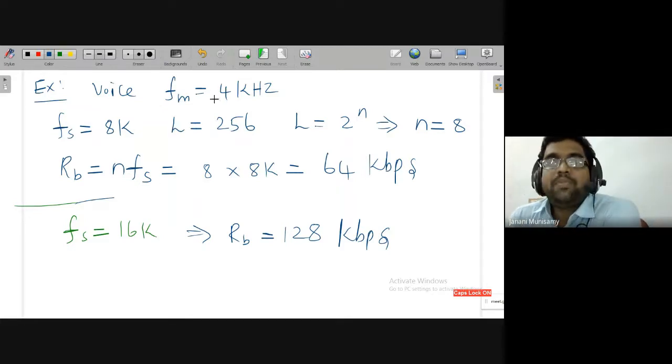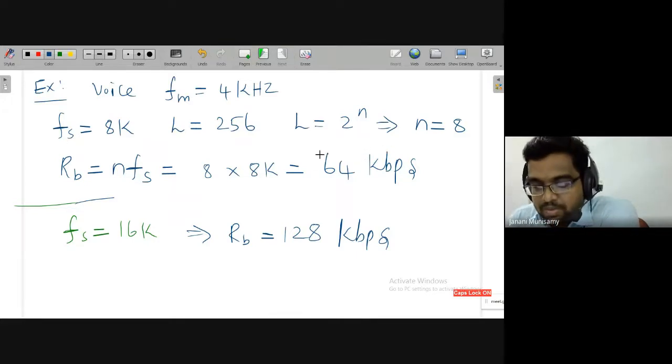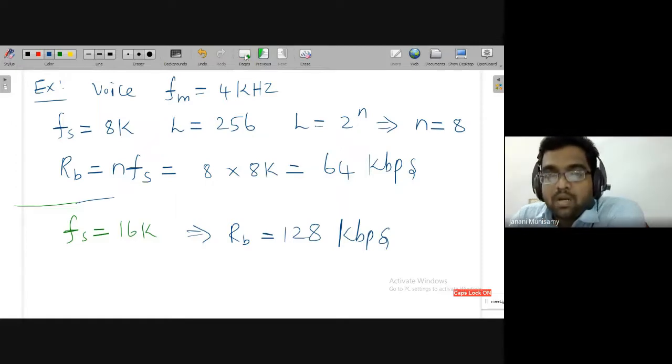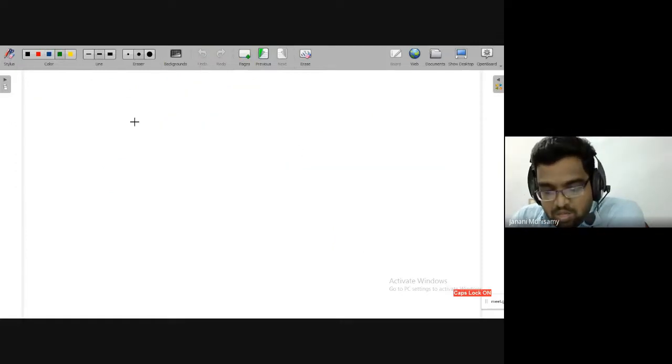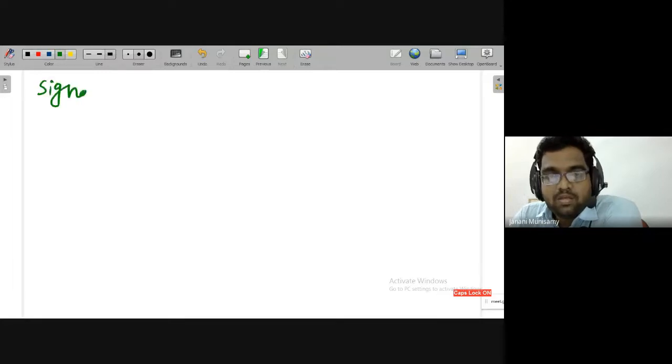Okay, so we saw what problem comes if we increase clarity to some extent: we cannot accommodate more number of people. That is the major problem in the PCM system, pulse code modulation system. Now we will find out the quantization, signal to quantization noise ratio. Okay, signal to quantization noise ratio. Fine. Signal to,